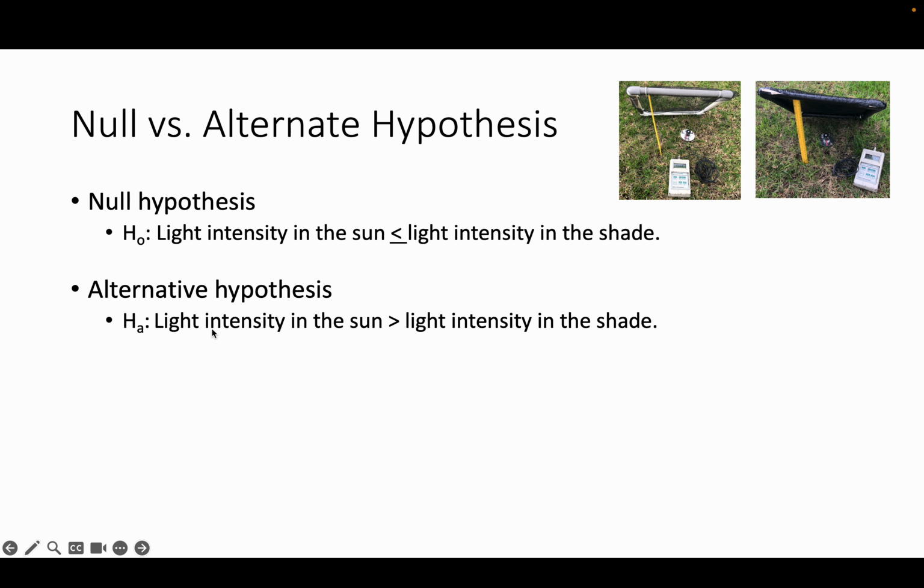Let's take a look at our alternative hypothesis first. The alternative hypothesis is the hypothesis that tests for a difference. So we hypothesize that light intensity in the sun is going to be greater than light intensity in the shade. This is one way that you can write it. The null hypothesis is the hypothesis that tests for no difference. So here, light intensity in the sun is going to not be equal to light intensity in the shade, or you can write it this way: